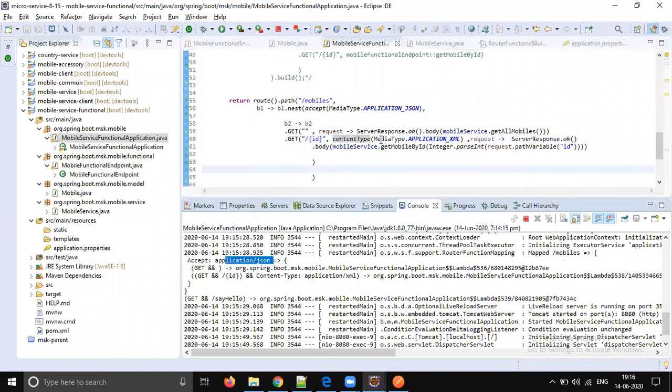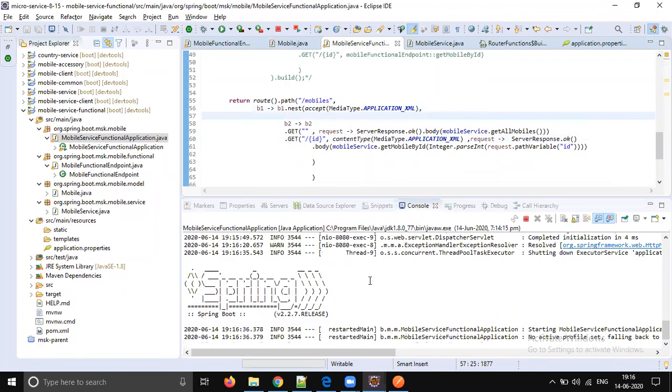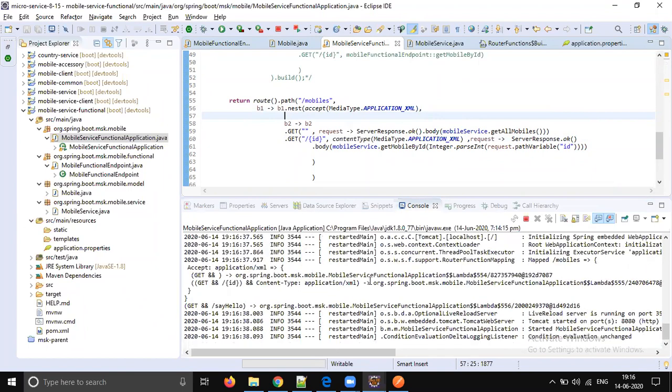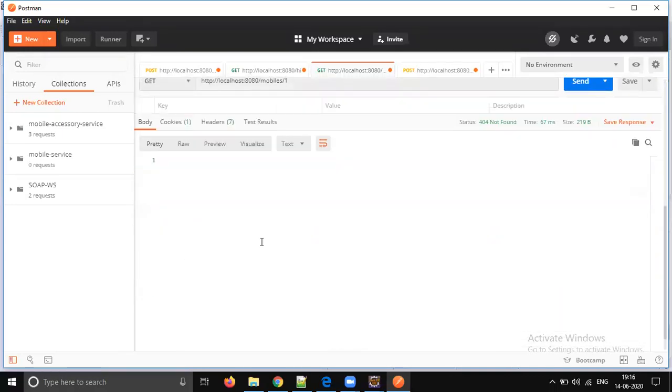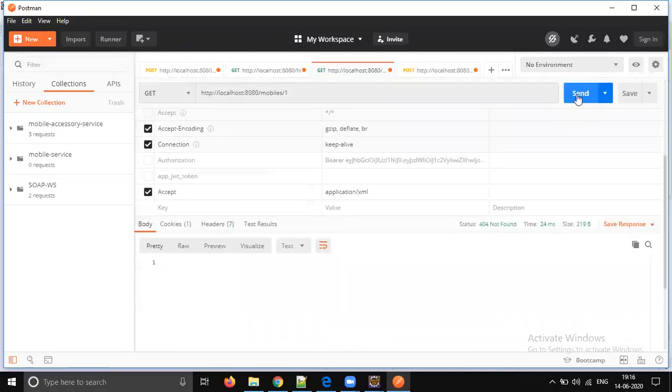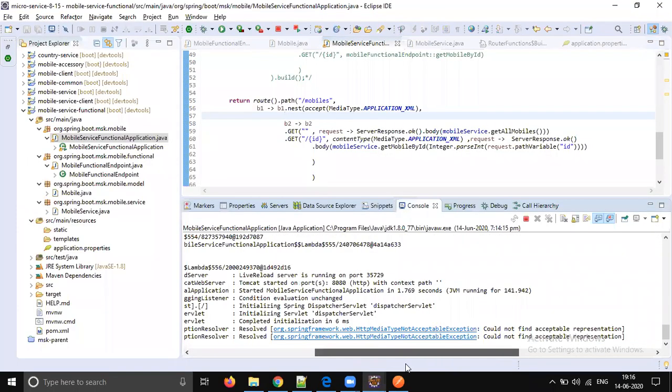Application slash JSON. Let's change it. Okay. Could not find acceptable representation.